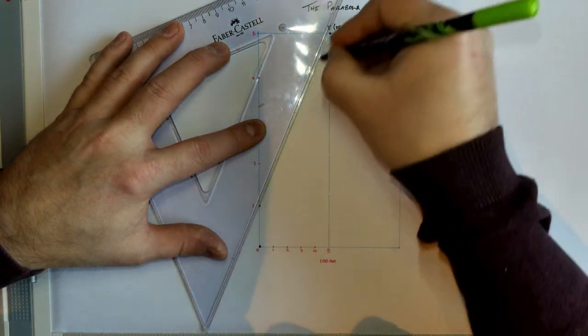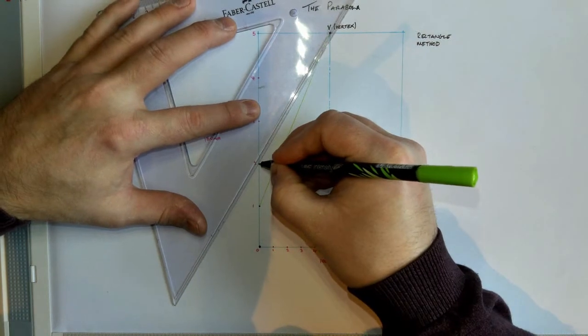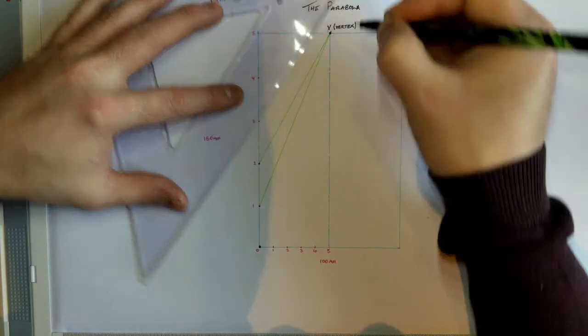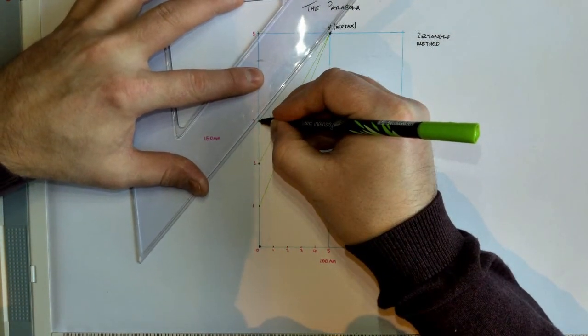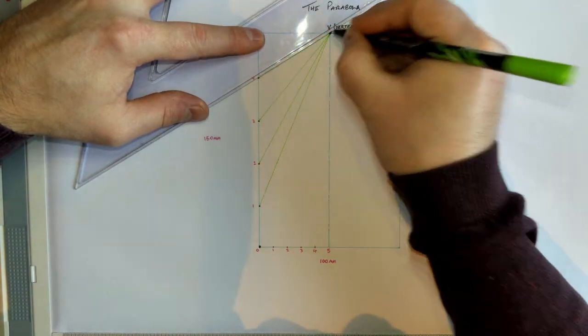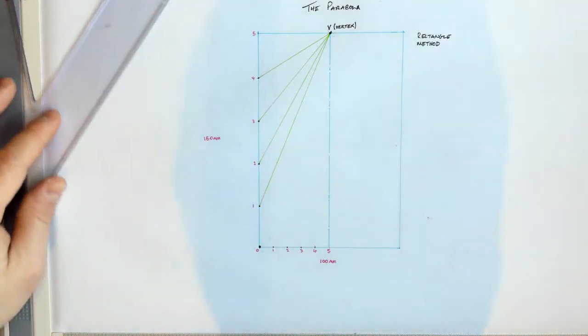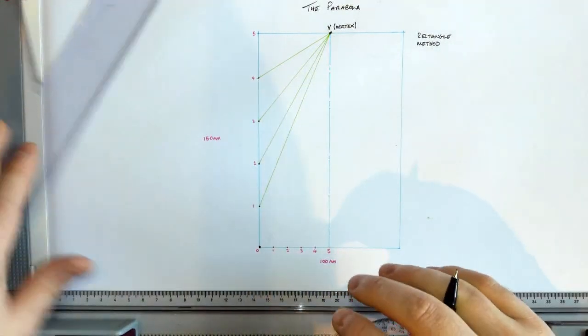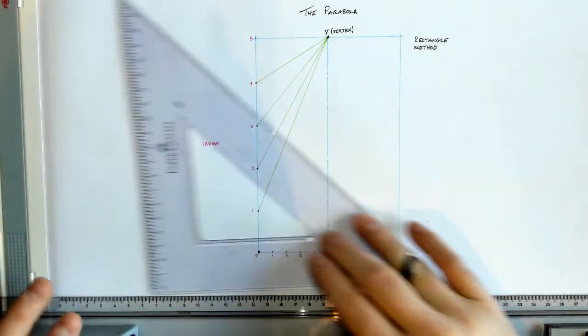So we'll join 1 to V. We're going to join 2 to V. We're going to join 3 to V. And we're going to join 4 to V. Like so. Now what I'm going to do, use my t-square and set square together, I'm going to join a line